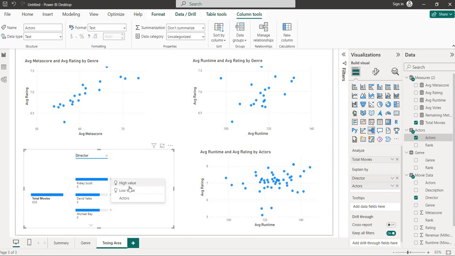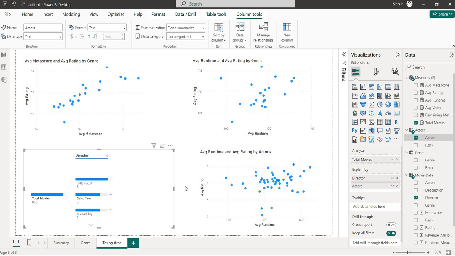For Ridley Scott, from high to low, if you select the low, you will see this one only, because we have gone from low to one, meaning minimum or maximum, the high or low value. For David Yates also, just select the plus sign and you will get the different actors' names. So this way we have done the analysis of this movie recommendation system.